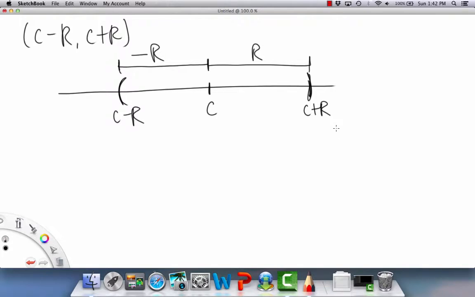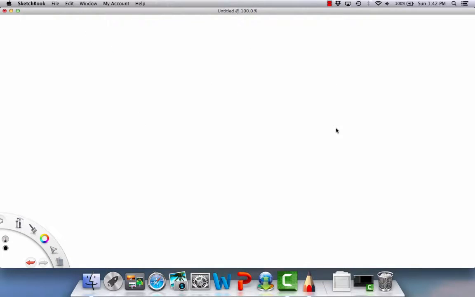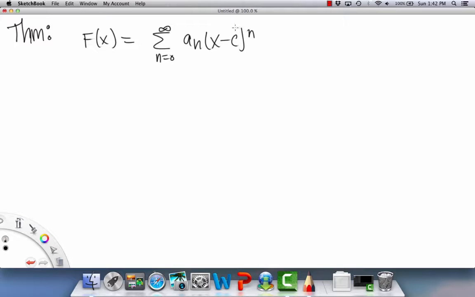From this, we have a theorem, because theorems are very useful. This will be a formal statement of what I was just saying. When you have a power series of the same form, a n times x minus c to the n, then the radius of convergence, which I'll abbreviate,